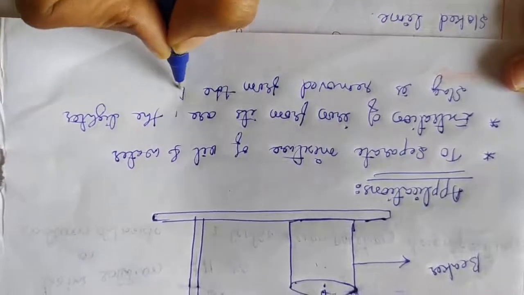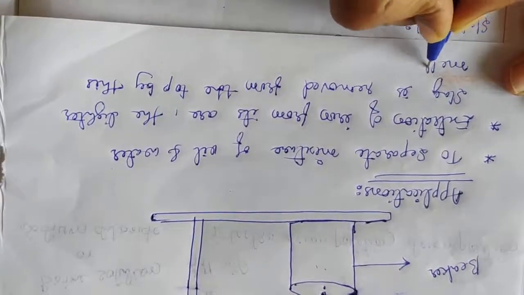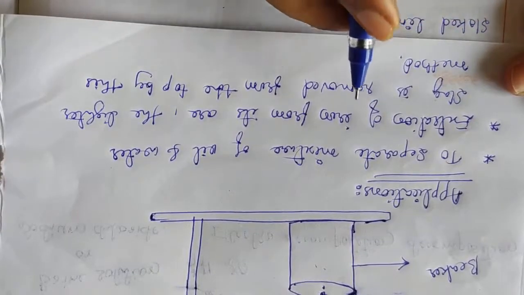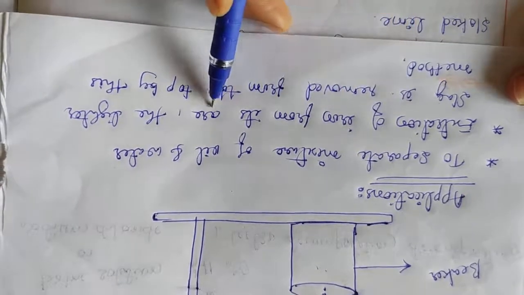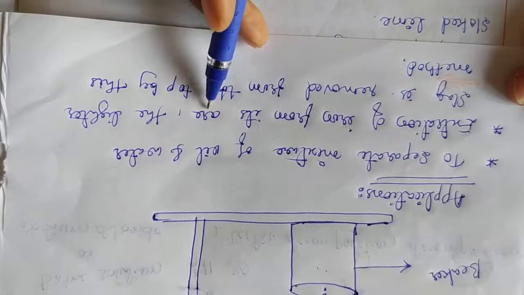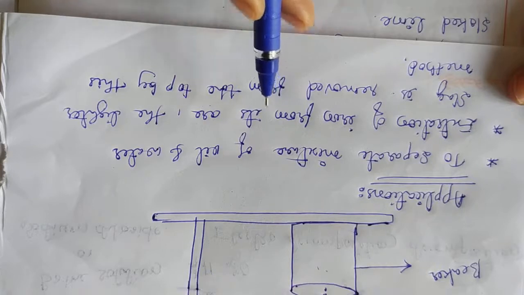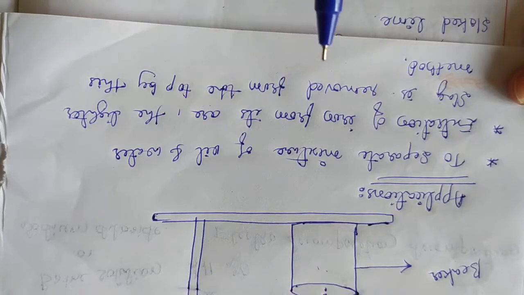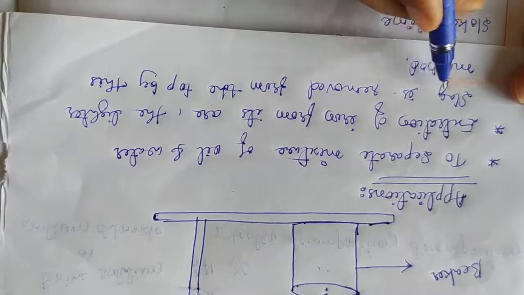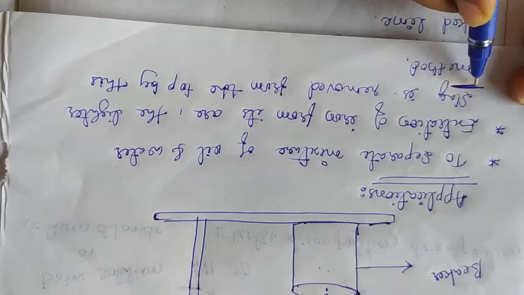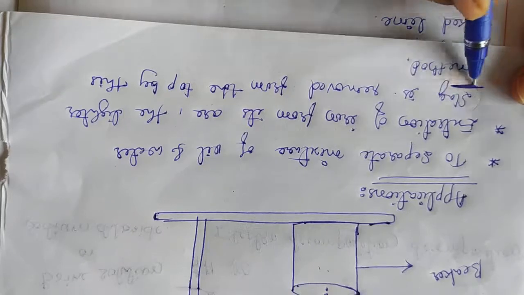from the top by this method. This technique is used in the extraction of iron from its ore. Usually in an ore, along with the iron ore and iron compound, other impurities are present like mud and small wood pieces. With the help of this technique, we can separate those lighter slag. Slag means impurities.